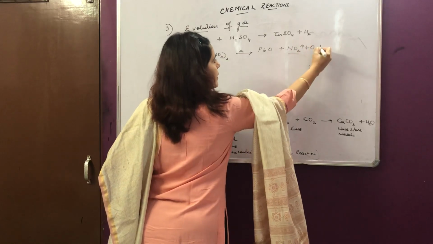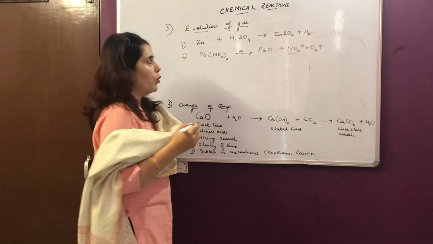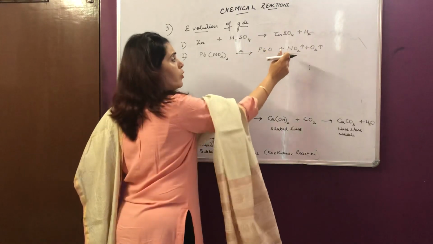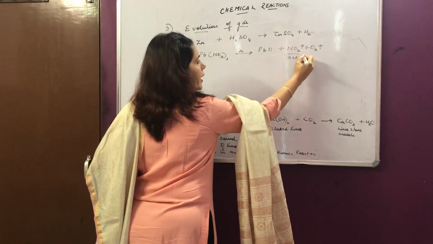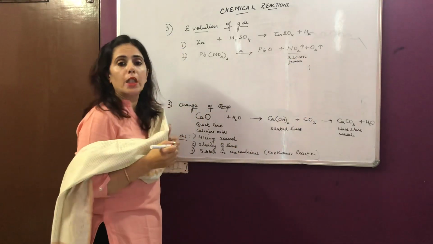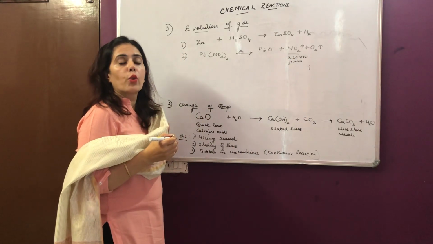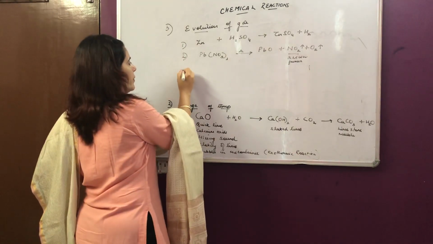These two are the gases. Upward arrow we show for the gases, and the upward arrow is here for nitrogen dioxide, and it gives out brown fumes. Remember, we noted down in the color that NO2 shows what? Brown fumes. Next is